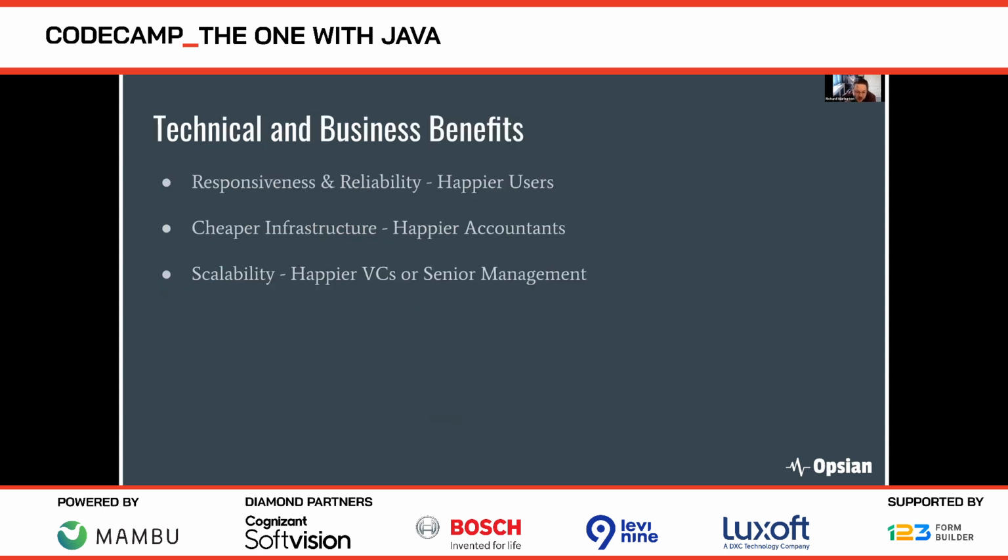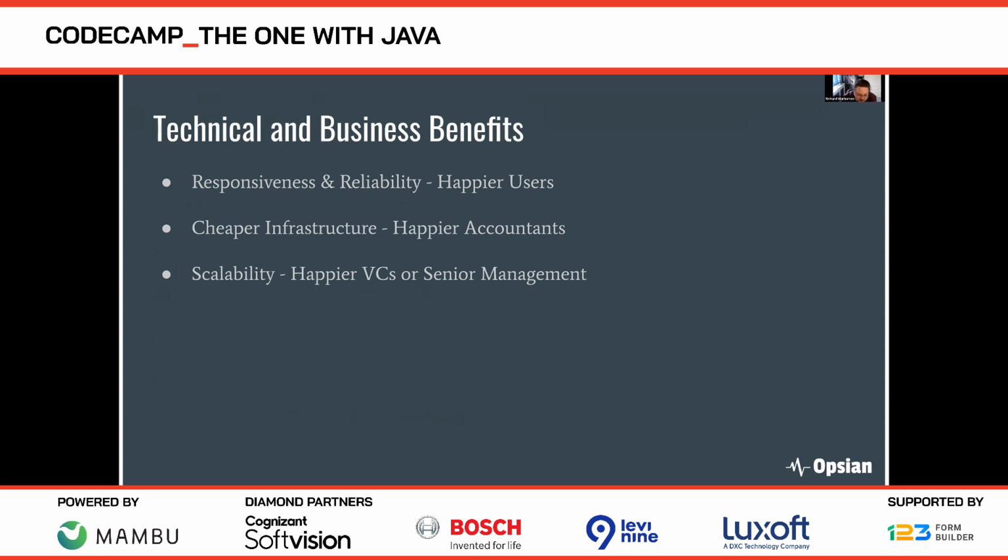Quick recap of our benefits of profiling production. So firstly, improving the responsiveness and reliability of our system by fixing those bottlenecks. That gives us happier users. Cheaper infrastructure by making our software more efficient, needing less servers to run, less infrastructure to run in general. Happier accountants. Always good to keep the accountants happy, I think.